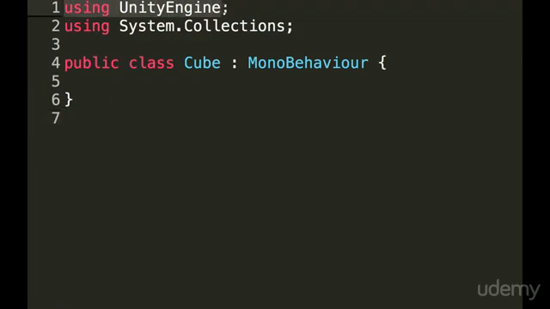These first two lines here are basically including namespaces. Imagine namespaces are like folders with several utilitarian files, utilitarian definitions. So when we say using UnityEngine, it means that the code we're going to write here is going to use some things that were already implemented in the Unity Engine. And when we say using System.Collections, for example, it means that we are able to use certain parts of the